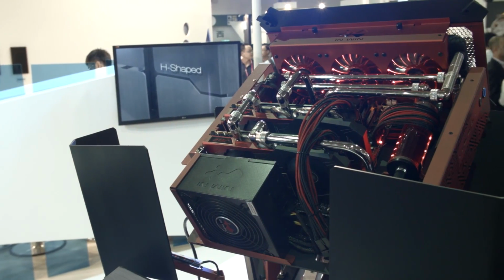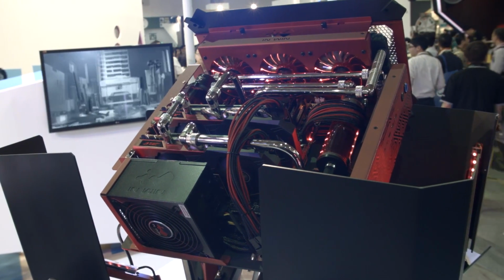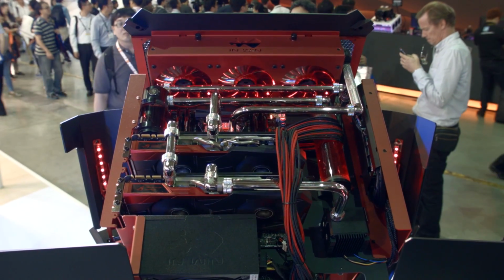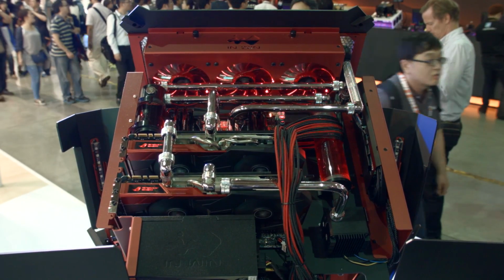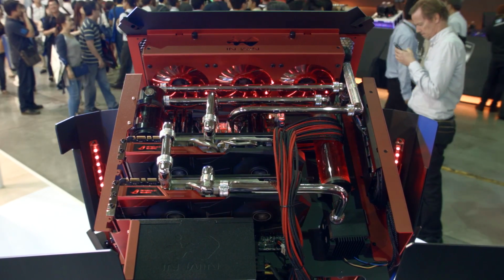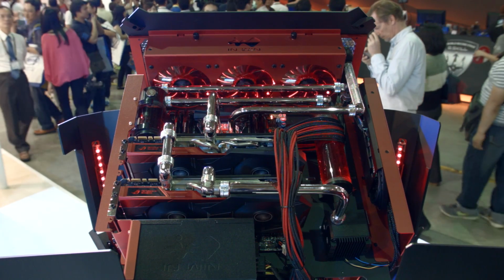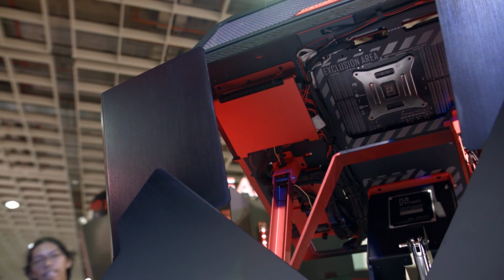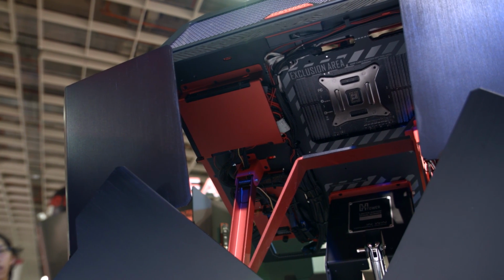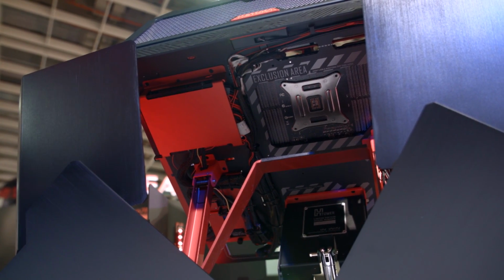Once you move inside, you'll see compatibility for motherboards at sizes EATX and below. You'll see that you can have up to 209 or 214 millimeter CPU coolers, depending on the position of that CPU cooler, up to 340 millimeter length graphics cards at 200 millimeters of height, and a power supply of 230 millimeters in length at ATX form factor. You can fit 8 add-in cards, 4 2.5-inch SSDs, with 2 of them being below the reservoir and 2 of them being on the back of the motherboard tray, and 1 3.5-inch drive slot, which is also on the back